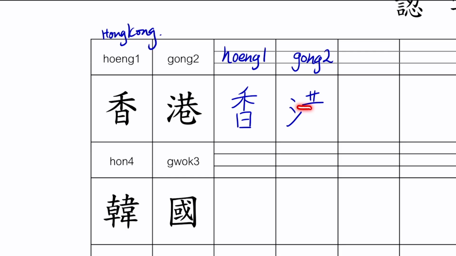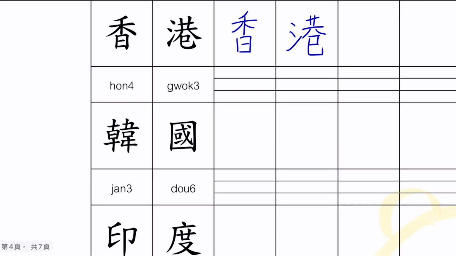Be careful, this horizontal stroke should be longer than the previous one. 撇捺橫直橫直彎勾. 得唔得？